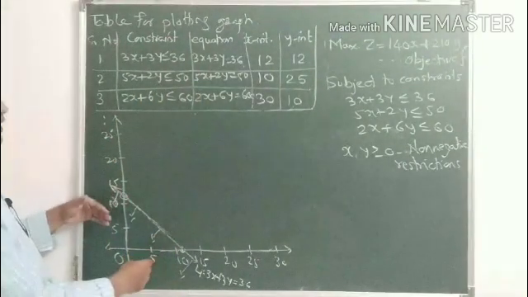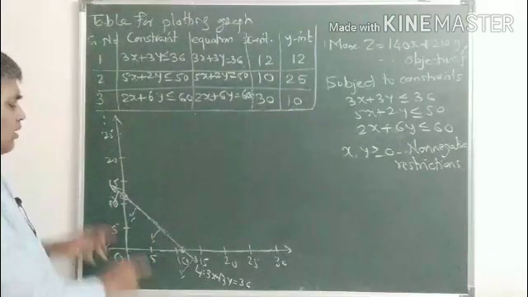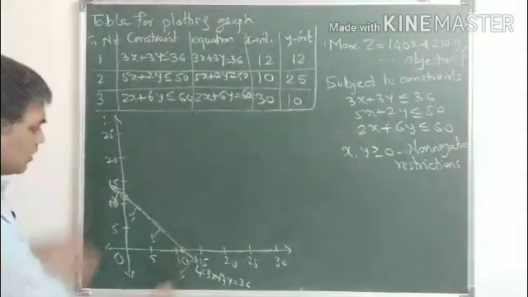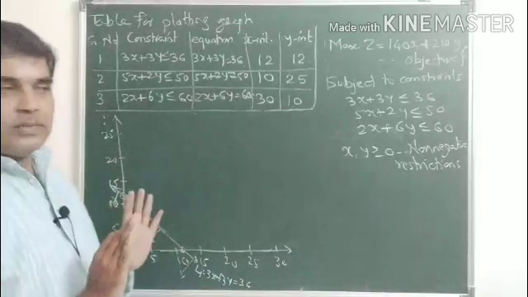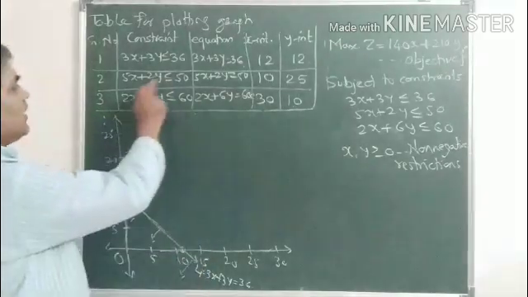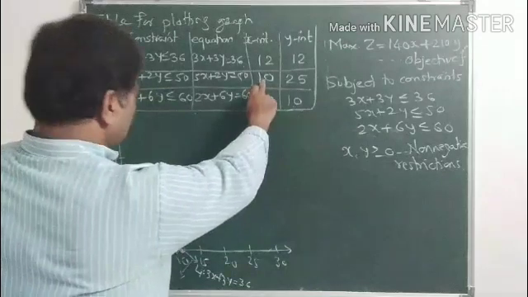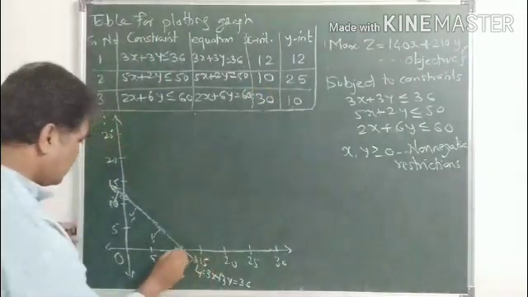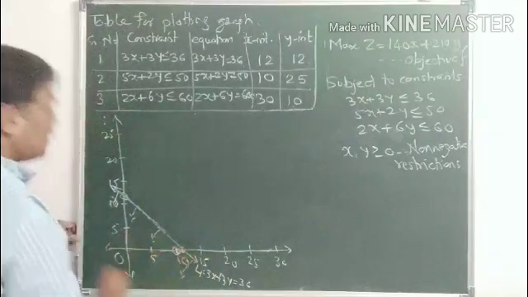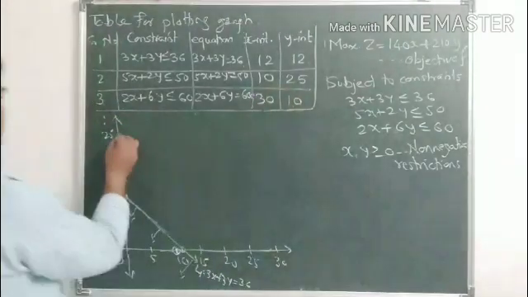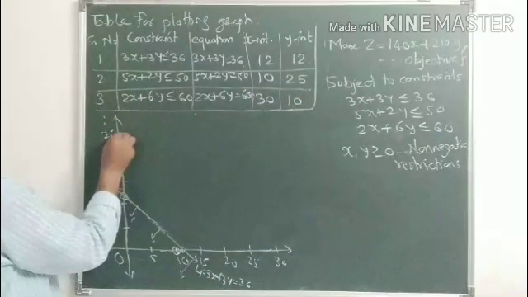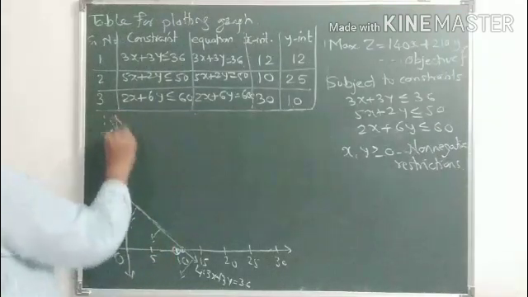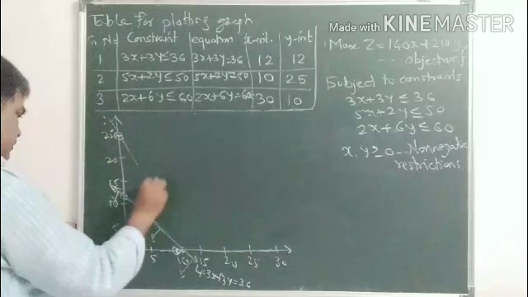So in previous exercises there will be only an example, plot the inequality 3x plus 3y less than or equal to 36. So it is nothing but this one. Now for the second one, for the second line L2, x-intercept is 10 here, and the next one is 25. 25 is here. If our plotting is correct, then we will get the correct graph. Otherwise, there may be some variation.